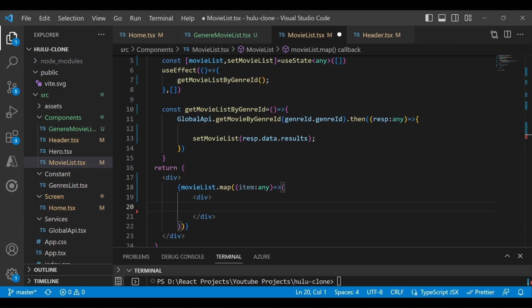Okay, so inside this now we have to add a list of movies. If you see here, I can just display the name of the movie, original title, and save it.